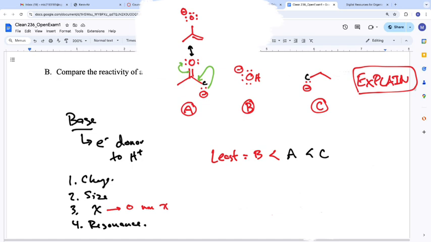Don't we have to compare A and B? Okay. Did we already compare A and B? Not really. What was the charge on A? Negative on carbon, versus B on an oxygen. Where's the difference? Electronegativity, which would suggest B is less reactive. Right? So did we already compare it? Yes. Let's lean into your push here a little bit.